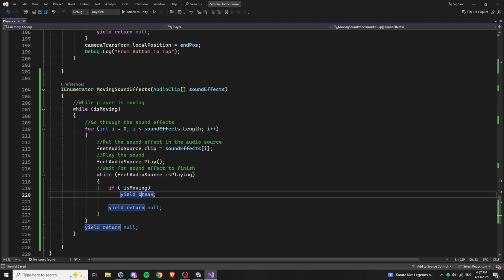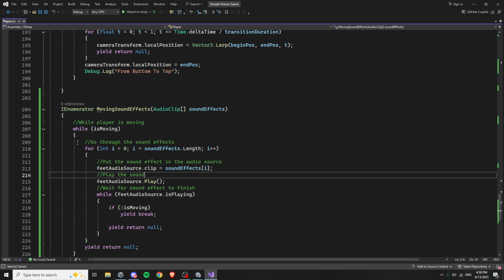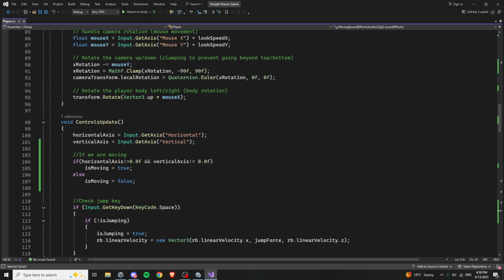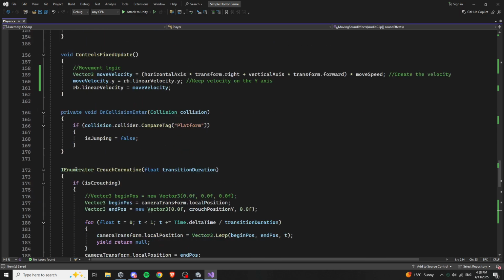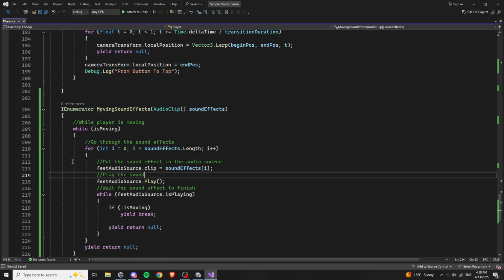And let me think 1 second, because this is not simple. Okay, so we have a way to stop it, but